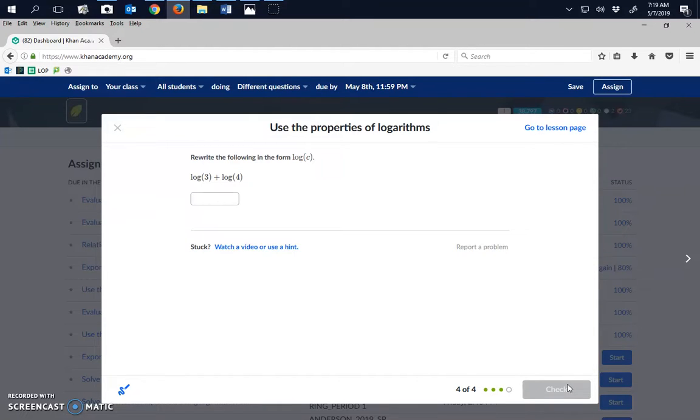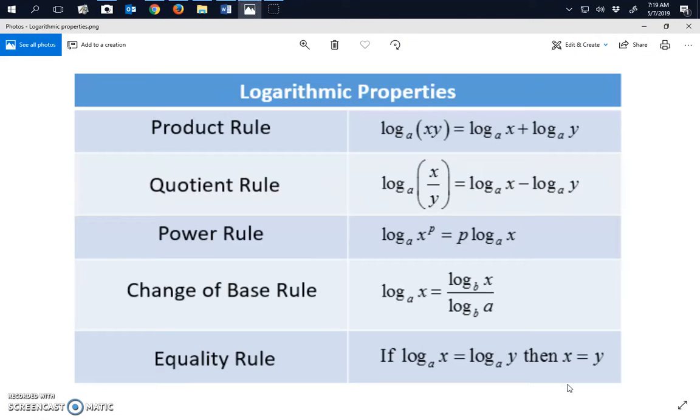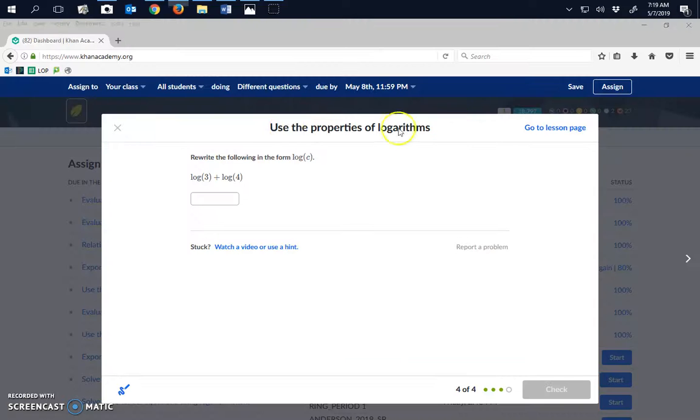Okay, so it's an addition problem, just like the very first one. So going back to our properties, we're going to multiply them. We have x plus y, so we do x times y. So looking over here, 3 times 4